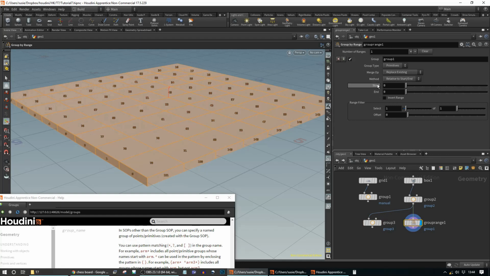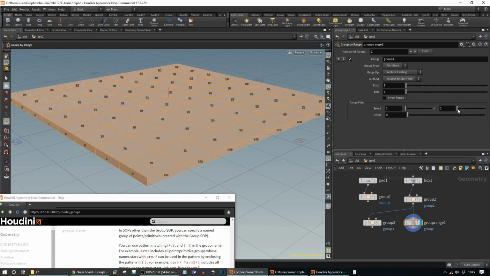So the default is to give you a number relative to the start and the end. So we can make that any number you want. That just eliminates them from the start, and this will eliminate them from the end. So you see it's starting to rule them out. And then you can